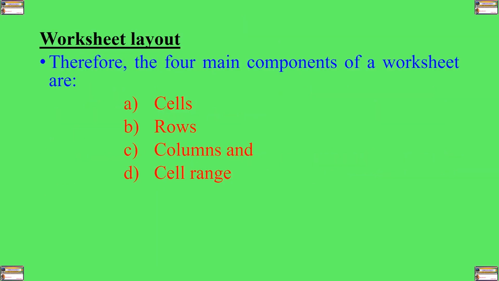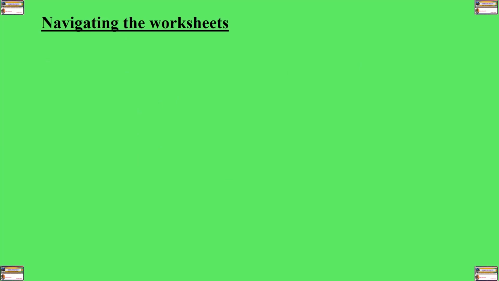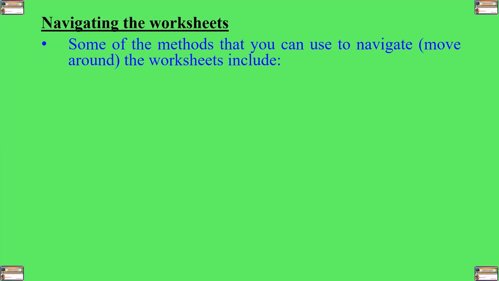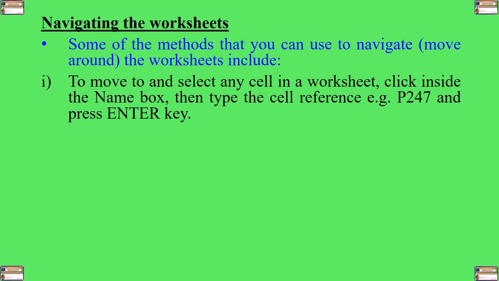So the worksheet layout is composed of 4 components: the cells, the rows, the columns, and cell range. How do you navigate the worksheets? Some of the methods that you can use to move around the worksheet include: